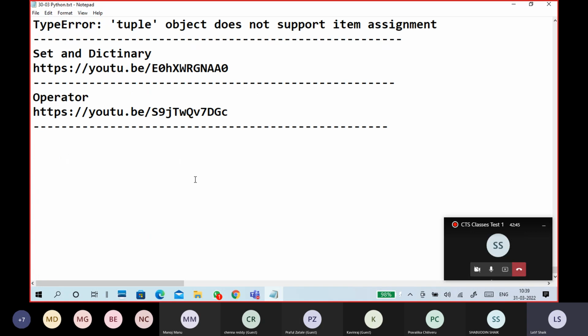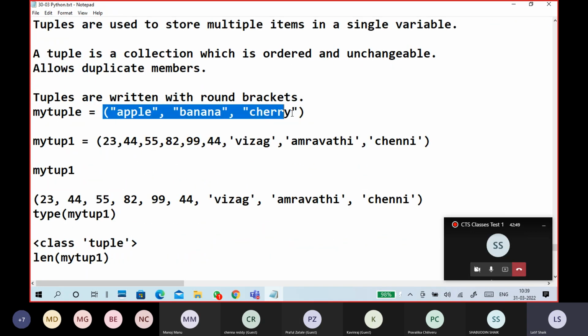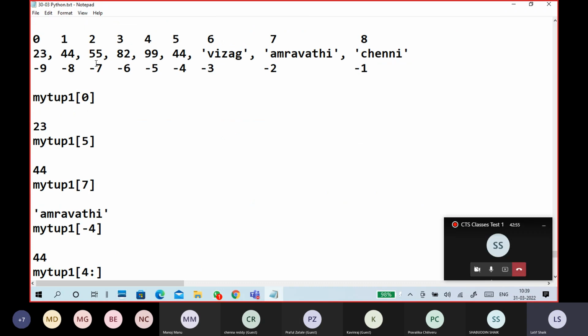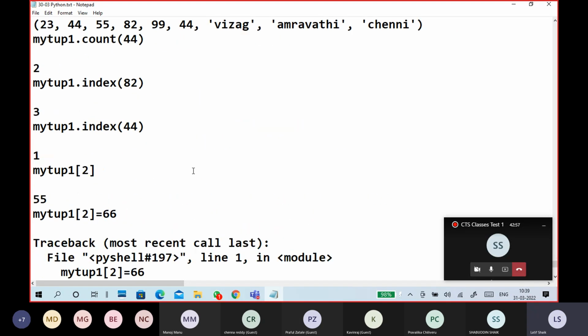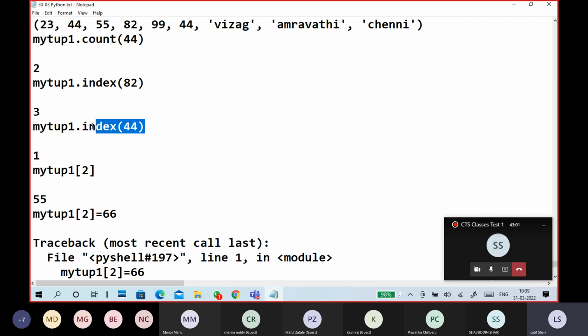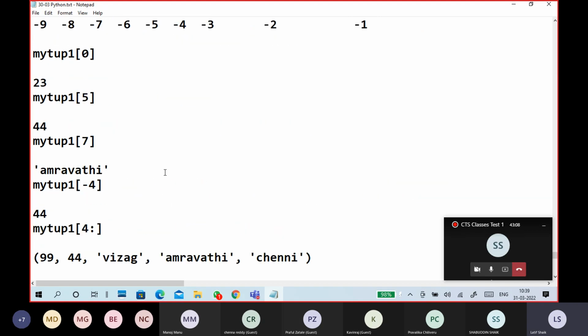Yesterday we discussed all of this. A tuple is mentioned under round brackets. In a tuple, we don't have many options. Only the indexing option is there, which we also discussed yesterday. We can query which number is at which index and how many times it is repeated, like count.